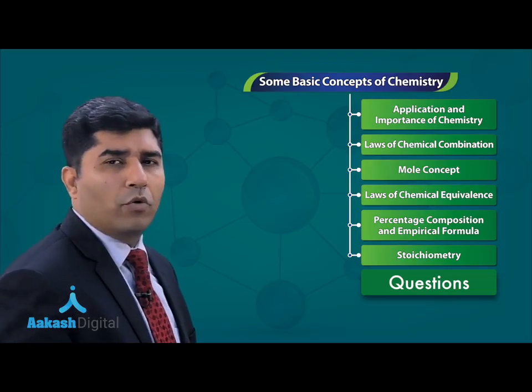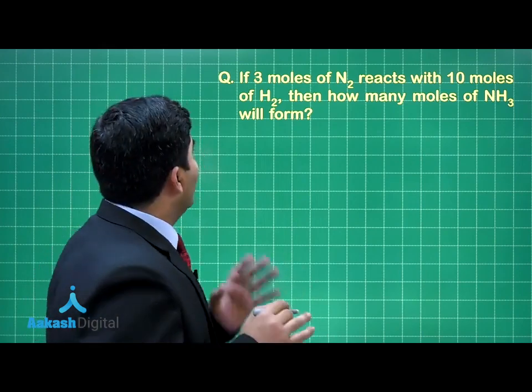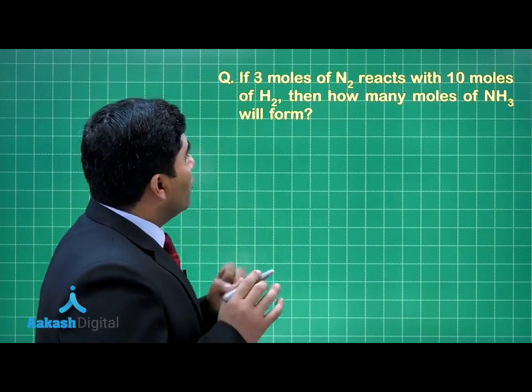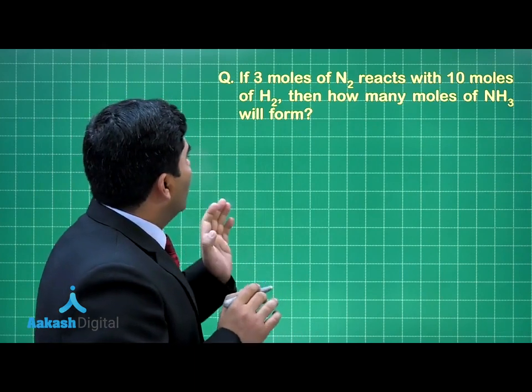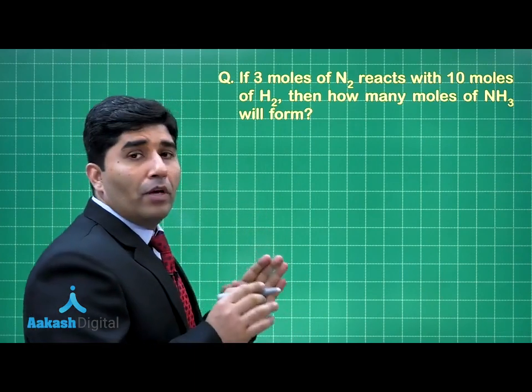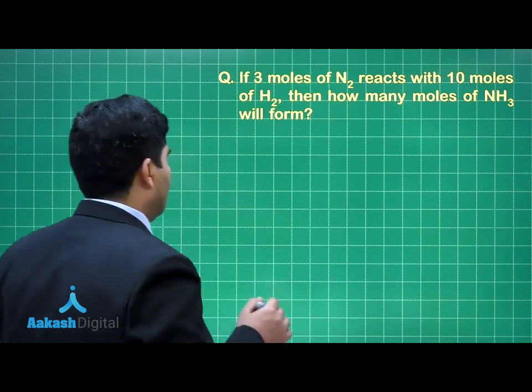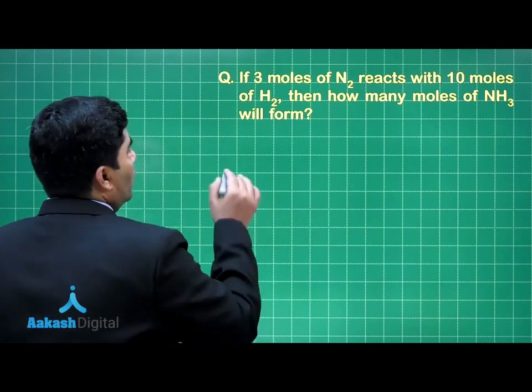Let's solve one more question. Now guys, in this question he is asking, if 3 moles of nitrogen reacts with 10 moles of hydrogen, then how many moles of ammonia will form? Let's solve it. And the solution will be,